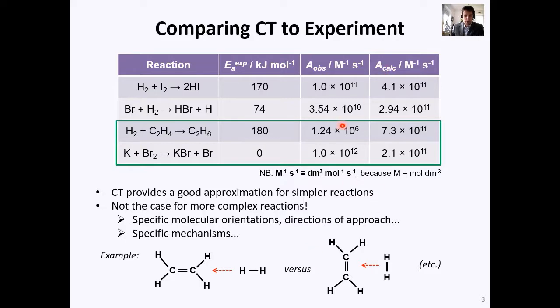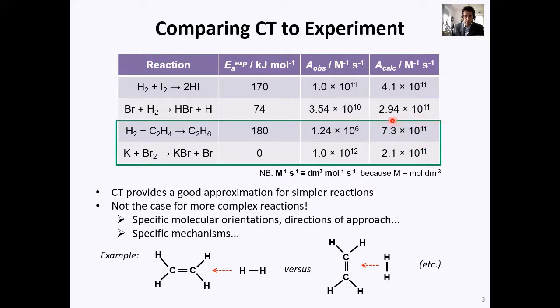rate, because collision theory is just saying, well, any direction of approach, any molecular orientation, that's all going to be fine, because collision theory assumes the reactants are spheres, and for spheres it doesn't matter which way they come from, they're going to bash together the same no matter what. Whereas we know our reactants, and particularly in these cases, they have a shape, and you need a particular direction of approach. So this is the limitation of collision theory in this case, and it's why collision theory vastly